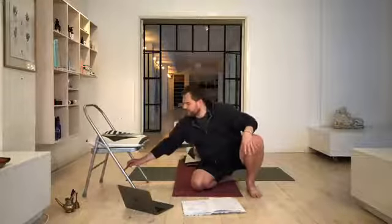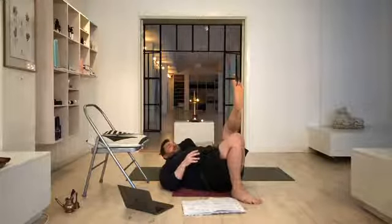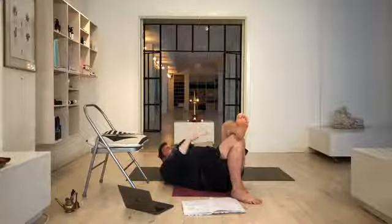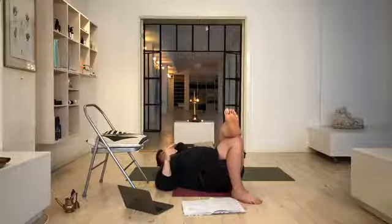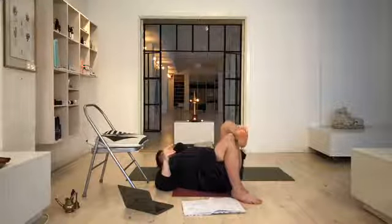Okay, before we really get into the legs even deeper though, I just want you now to pause down lying on the back. And I'm going to show this for a moment, so before you lie down fully, take a look. I'm bending my right knee and I'm lifting my left leg. And I'm just putting my Achilles tendon on top. I'm relaxing a bit like this, I'm going to guide you. But then I press down a bit and I slide my Achilles tendon and my calf muscle across the top of the knee. And I just kind of explore a bit